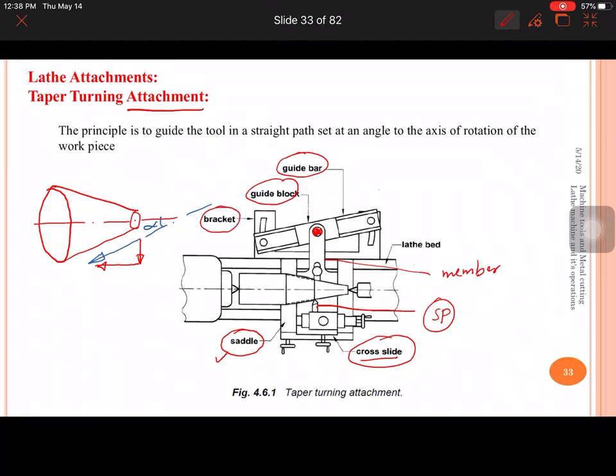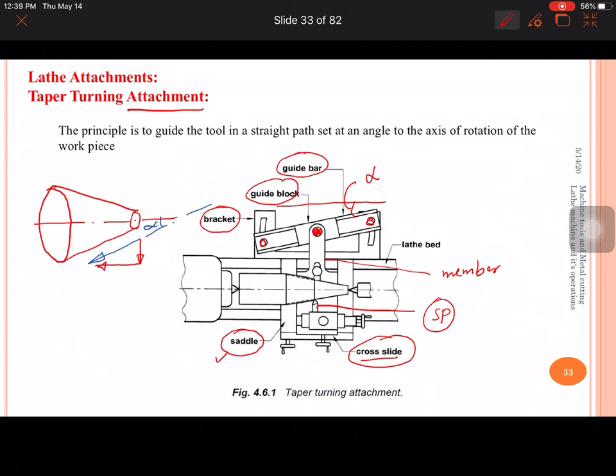Here this guide bar is positioned in an inclined way with respect to the bracket by using some pivot joints, which are shown here. And this position is equal to half of the taper angle, the taper which is related to the taper turning operation.